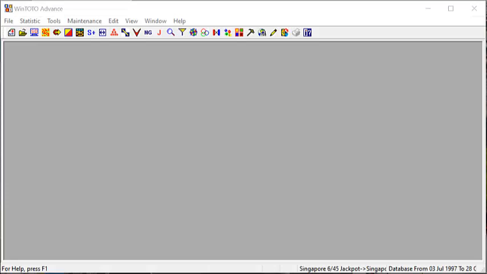In the year 2006, we played Toto polling in Singapore. We used the WinToto Advance latest version for that year 2006. And from the generated numbers, we won for ourselves a Group 2 prize, which is a 5+1 winning.